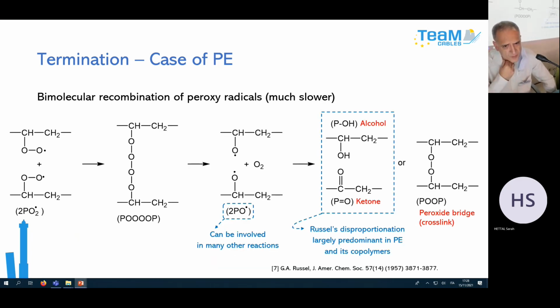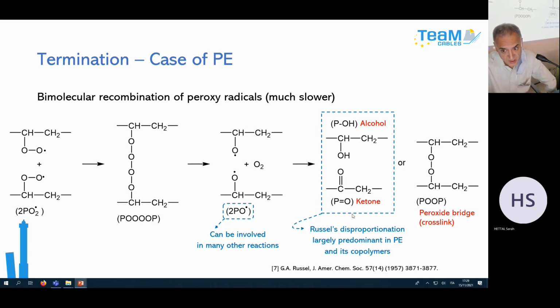In the case of peroxide radicals, the terminations are quite different. It was shown in the literature that you have a first coupling between two peroxide radicals. So you form a tetraoxide structure, which is very, very unstable. It cannot survive even at ambient temperature. So it decomposes quasi immediately to form two alkoxy radicals, and you have the release of an oxygen molecule. In fact, this termination is the same as the termination between two alkoxy radicals. So you have two possibilities.